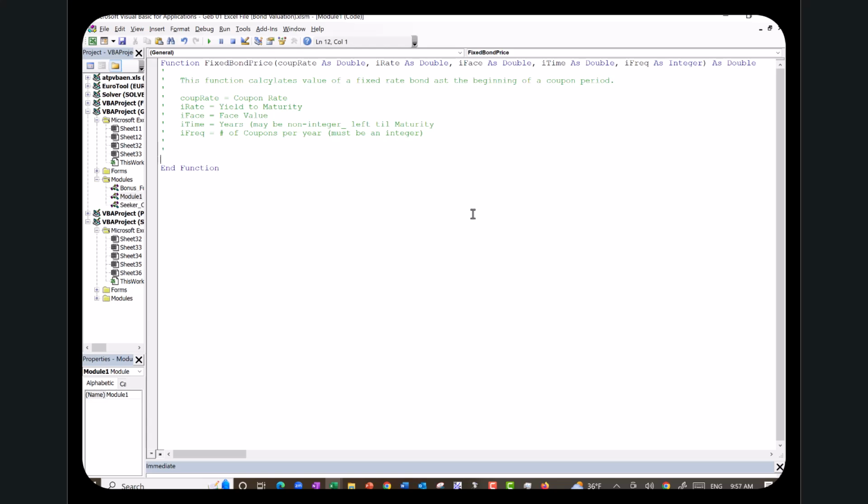Now, there's going to be some variables that I'm going to create to make my life easy. They're called local variables. It is a good practice to declare them and type them. And you do that with a Dim statement. Dim. For example, I'm going to calculate number of coupons. Okay. Oh. Dim